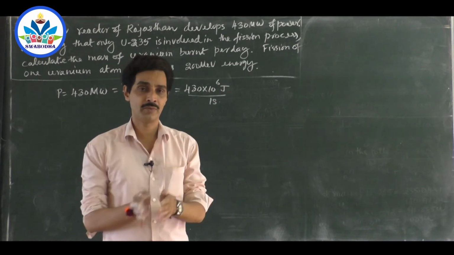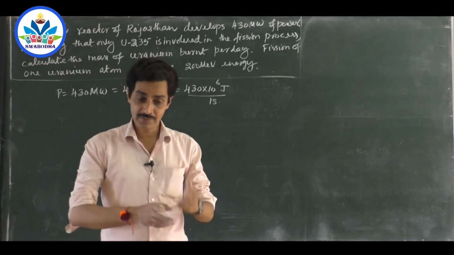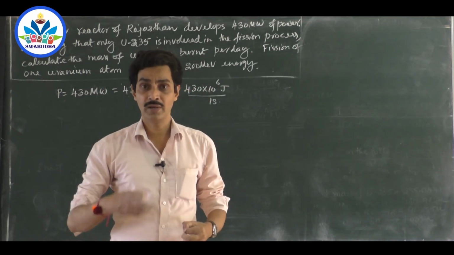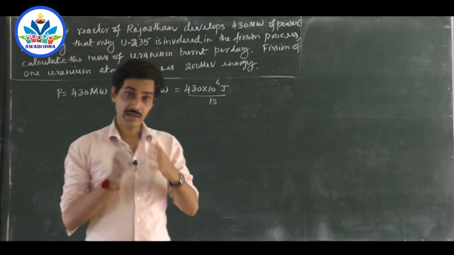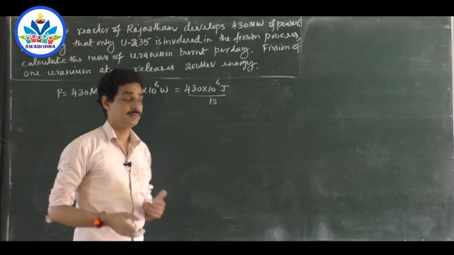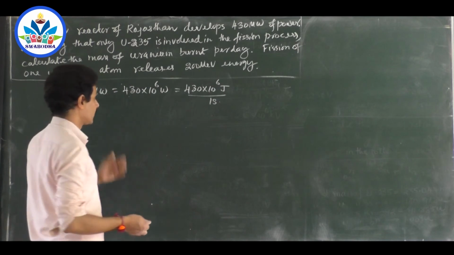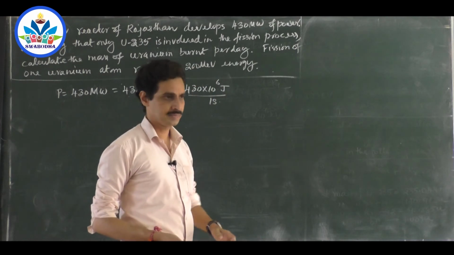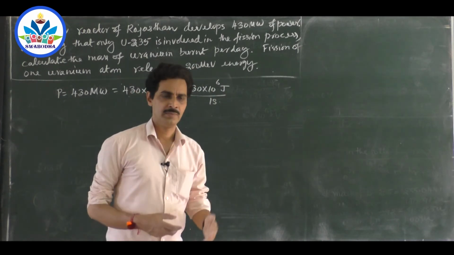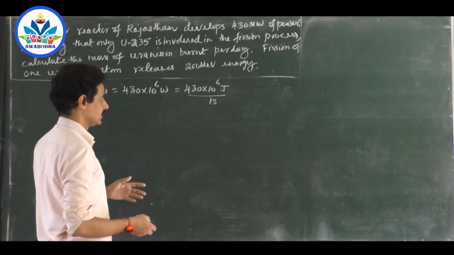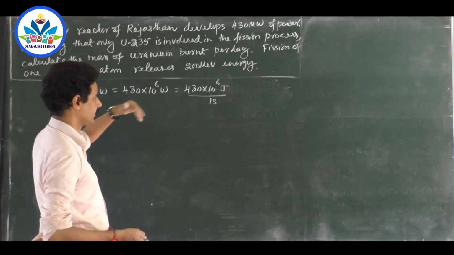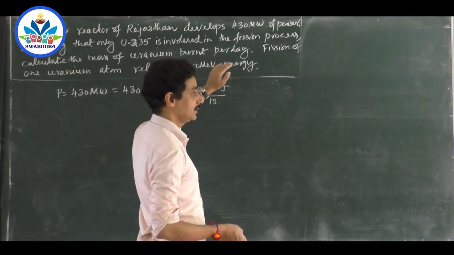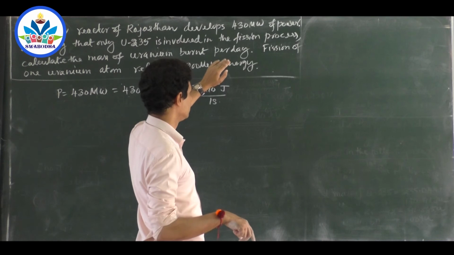So that means to produce this much energy every second, you need so much amount of uranium or whatever the raw material, because so much mass should be burnt, or made to undergo fission every second. Every second so much mass should be lost in the form of fission energy. Now the question is, assuming that only uranium-235 is involved in the process, because we don't have any mixture or impurities, only uranium-235 is undergoing fission, and that gives so much energy. Assuming so, calculate the mass of uranium burnt per day. Burnt means which is giving energy after losing mass.